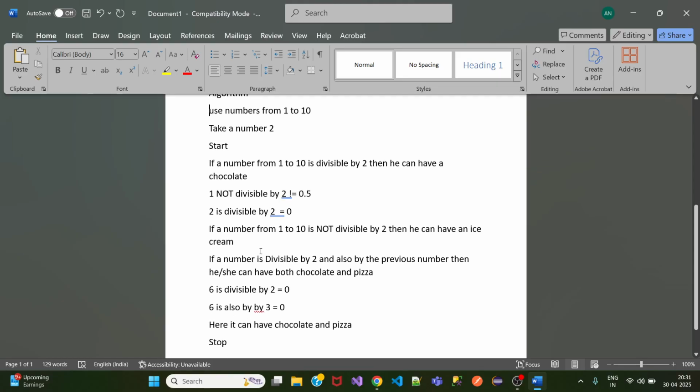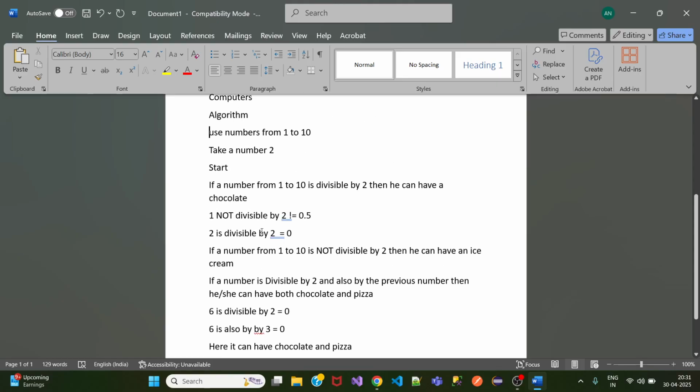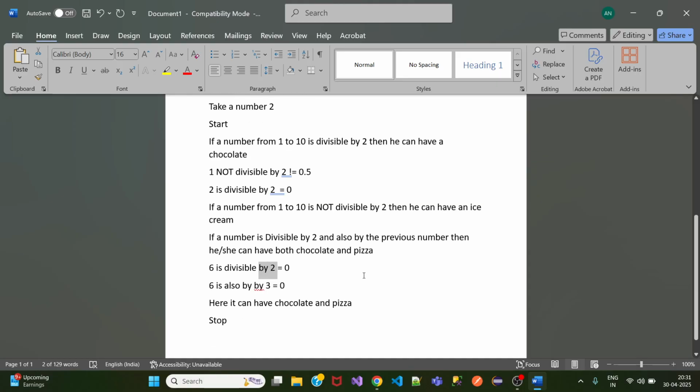Ashish: This number from 1 to 10, it means we divide by, like you said, you started from 6. 6 is divisible by 2. Why didn't you start from 1, 2, 3, 4, 5? No, we will be starting from 1. I just gave an example. This example was for 2 and the previous number which we used. Understood. Explain what it means by previous. Divided by the previous number.